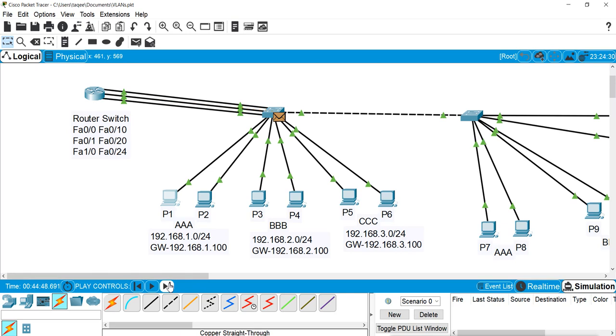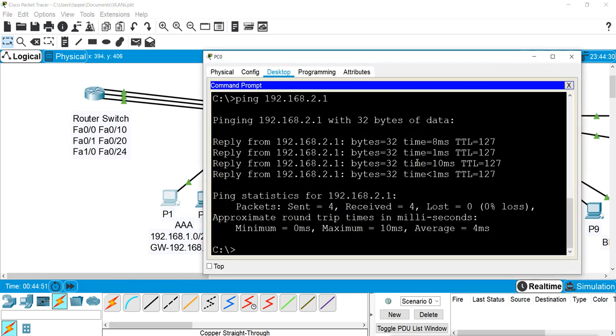Now it goes to this switch. The switch will send the data to VLAN B. Why? Because the port which is getting the data is in VLAN B. So it will send the data to VLAN B, and PC3 is in VLAN B. That is how the data reaches that machine. And now the reply will go like that too. It goes to the switch, then the switch forwards to the router, the router forwards back to the switch, then the switch forwards back to the machine. And this is how it works.